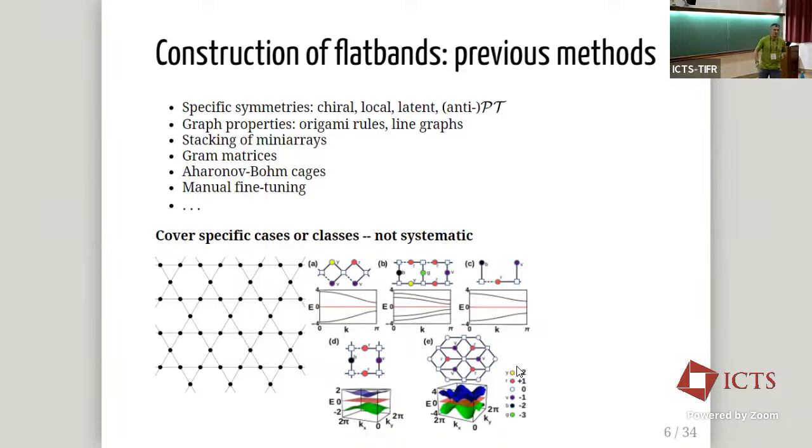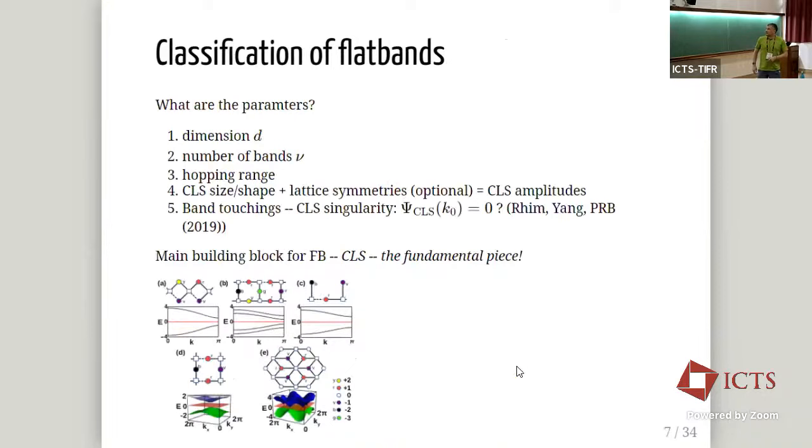Therefore, the outcome is also a set of flat bands that is probably a submanifold of all the flat bands. So they're not systematic. And a natural question is that we want to make a systematic study, so as to also be able to see systematically what kind of effects we get if we have perturbations. And to address that, what we ended up understanding is that a systematic construction is indeed possible and is quite straightforward.